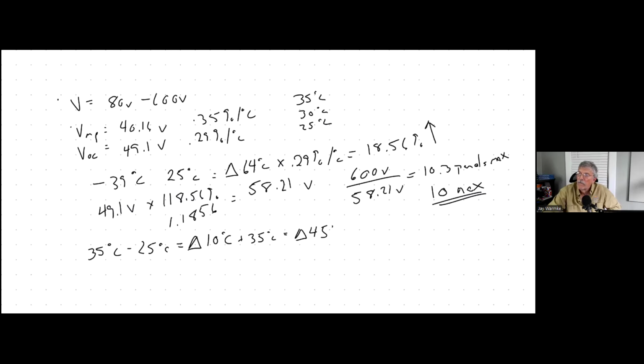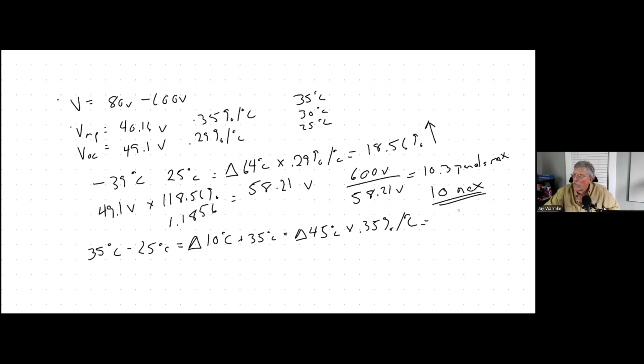We now take the temperature coefficient at VMP because now we're dealing with real world, not theoretical maximum. So 45 degrees Celsius times 0.35% per degree Celsius. And that's going to say 45 times 0.35,